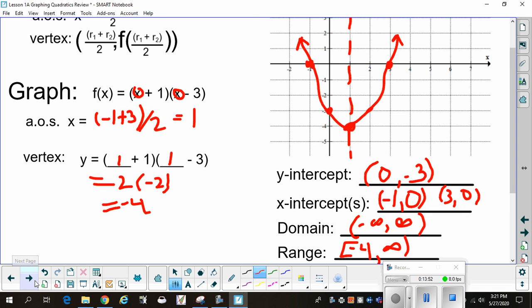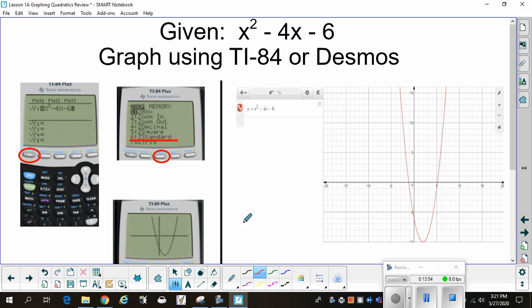Okay? All right. Now, given a calculator, a TI-84, or Desmos, the way you can graph, you press y equals on your calculator, and it will bring up this. And by the way, before you do anything on your calculator, you should always do second plus, okay? So second plus is down over here, 712, and that will clear everything out. So if you've got any statistics graphs or anything like that set up, it'll clear those out so that this